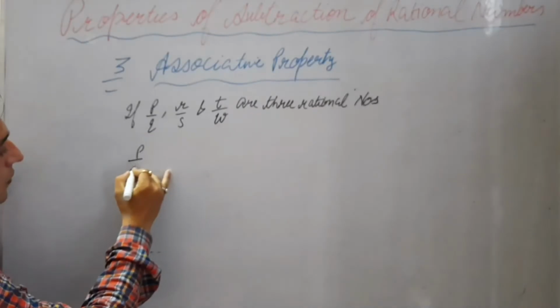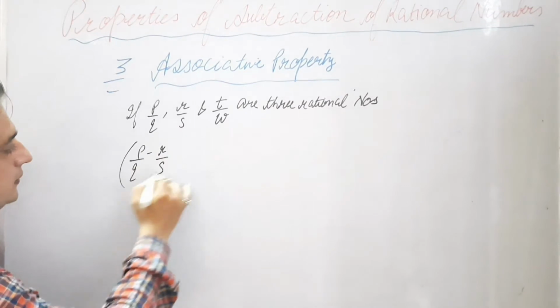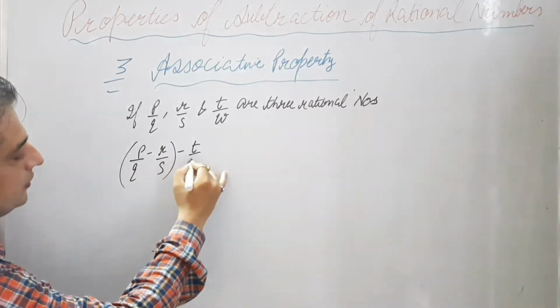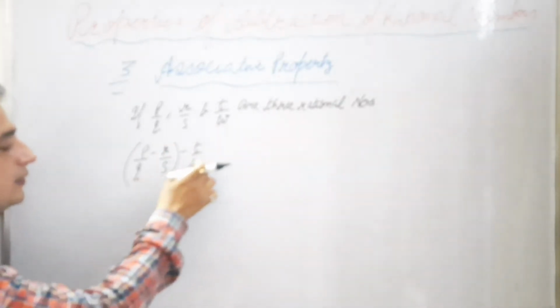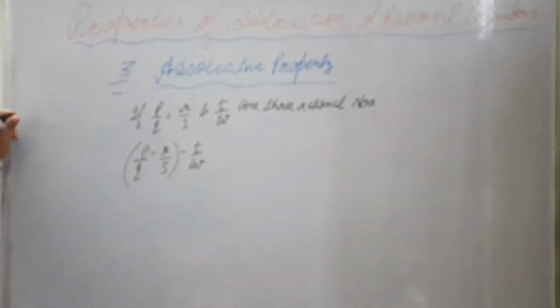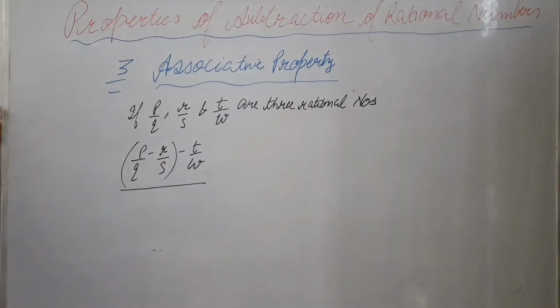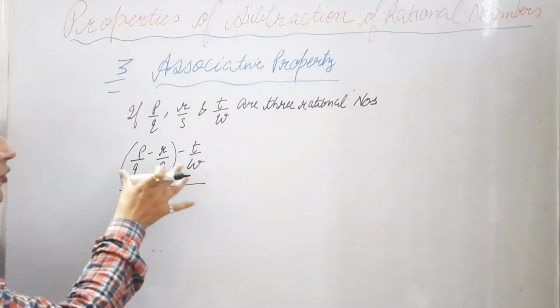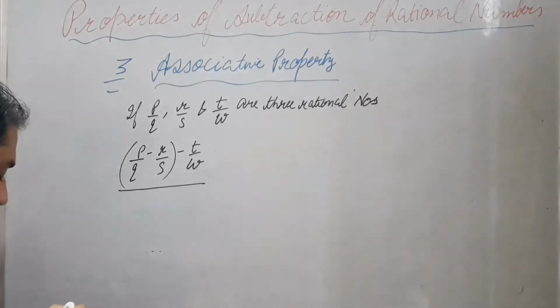Now, while subtracting, we are grouping, see, p by q minus r by s, subtraction of one rational number from the other, minus t by w. r by s is subtracted from p by q, and from whatever result is obtained, again t by w is subtracted. So for this order of subtraction, when you obtain the answer, you will get a rational number. But this answer,